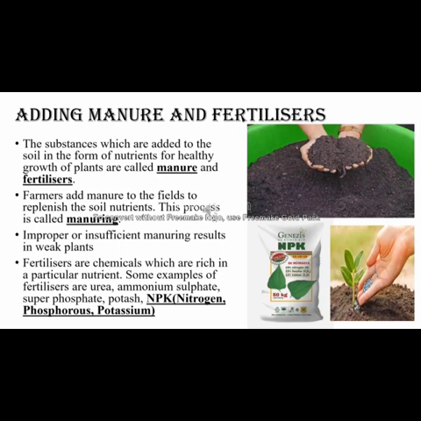After sowing the seed, the next step is adding manure and fertilizers. What is the role of manure and fertilizers in the case of plants? Just like we have food to obtain nutrients and get energy to do work, even a plant needs some supplementary nutrients for its growth and synthesis of food. That is why we add manure and fertilizers to the plant. Here there is a difference between manure and fertilizers. Manure is an organic substance obtained from the decomposition of plant or animal waste.